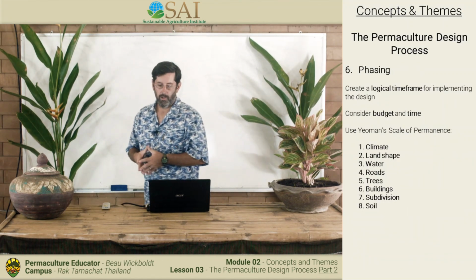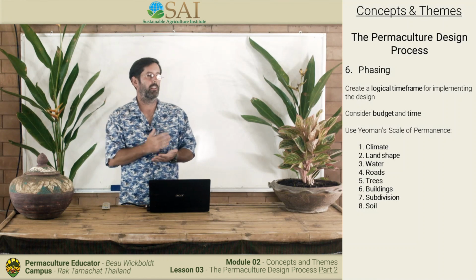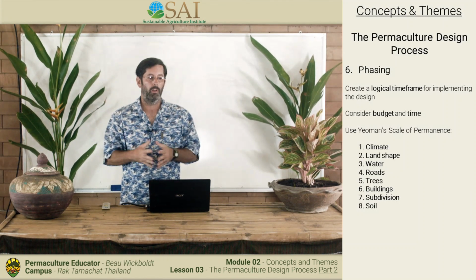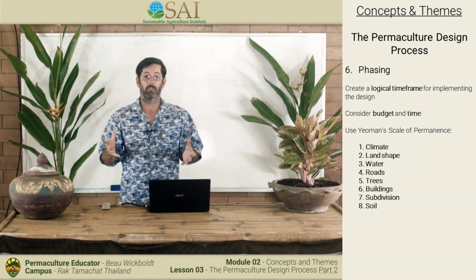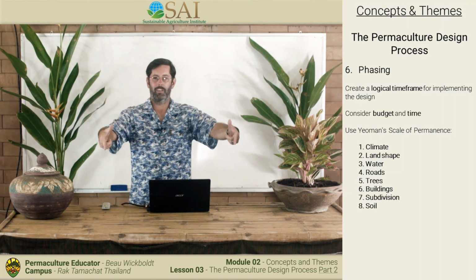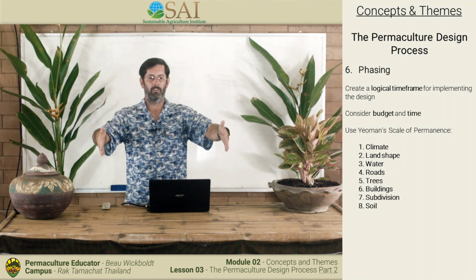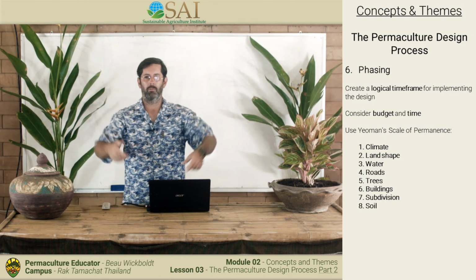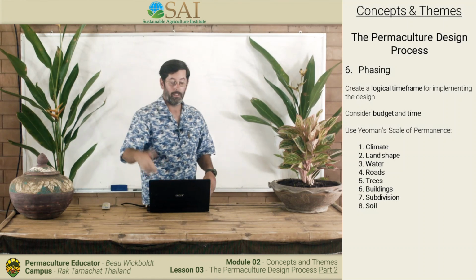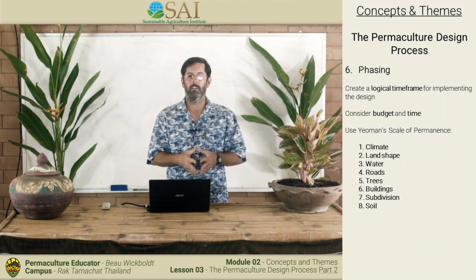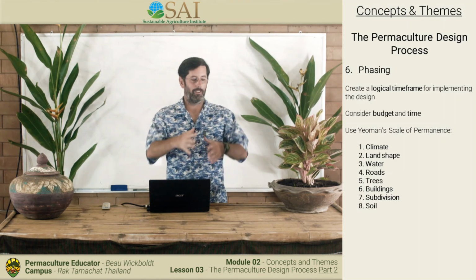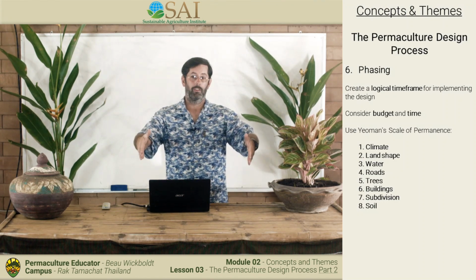So phasing, well, if we look at phase, you need to create a logical time frame. And the most common thing that I've seen is people having difficulties with time frames and scheduling. They basically say, here's my design, this is what it's going to look like, and it's supposed to be showing me a picture of 5 years, right? And then their schedule says that they finished in 3 months. Then not only did they finish in 3 months, it only cost 800 euros. Wow. So your budget to make this whole nice thing is 800 euros in 3 months?